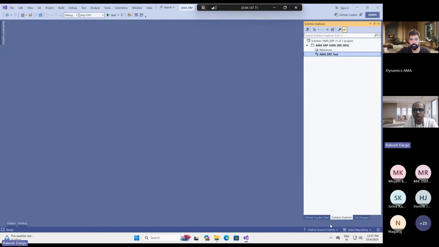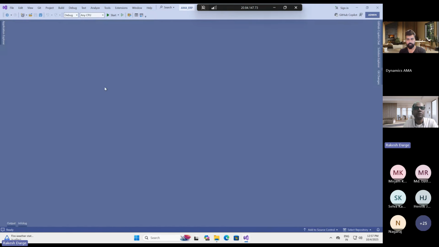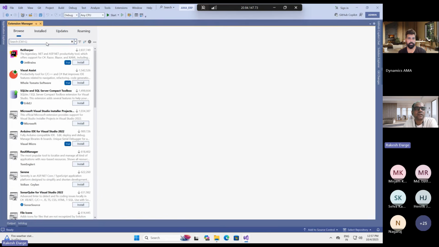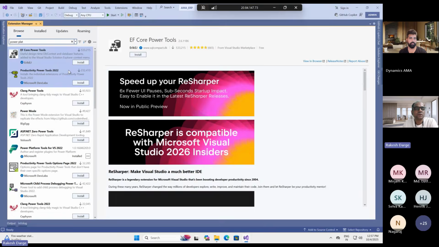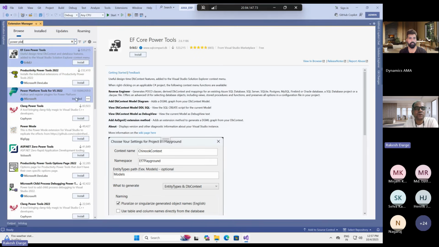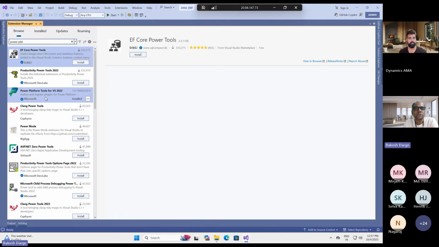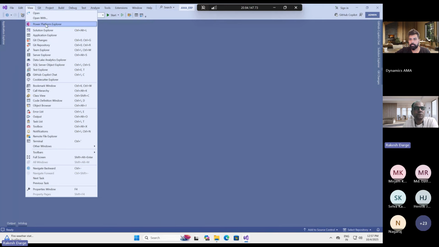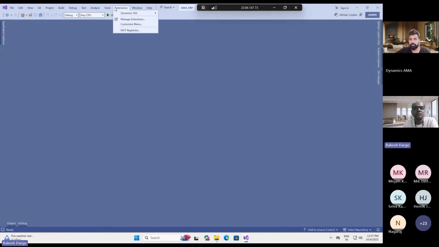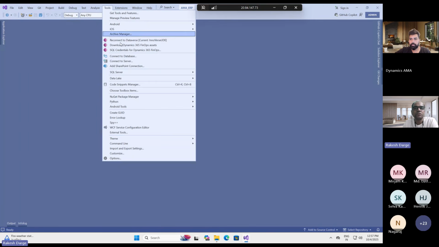Now I already opened Visual Studio. I'll just go back to Visual Studio, and then you can go to Tools, then Extensions. In Extensions, you can manage the extensions. In Manage Extensions, you have to go to the Marketplace. In the Marketplace, you can select Power Platform. So this is where this tool needs to be installed. I already installed this tool, but what it does is, when you install this tool, it comes with the entire richness of the Power Platform Explorer, your application Explorer, as well as all these three options here, right?